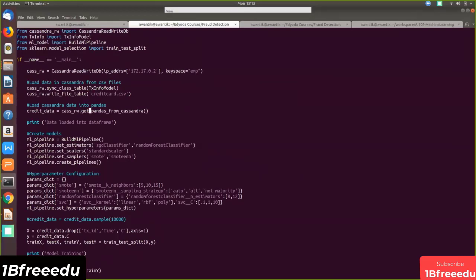Then you're getting the data from the Cassandra table and creating a data frame. Once you've done that, it's similar stuff: you're configuring the estimators. I'm configuring SGD classifier and random forest classifier. You can configure any of them. Just make sure you keep updating the dictionary if you have more parameters. As you can see, this code is very much agnostic of what algorithm you're using. If you find a new version of scikit-learn or a new library you want to experiment with, the same stuff you can do with that.